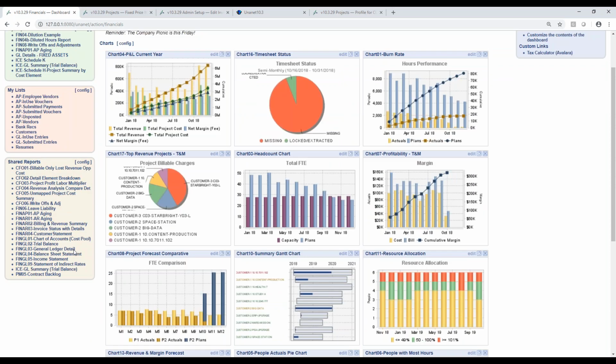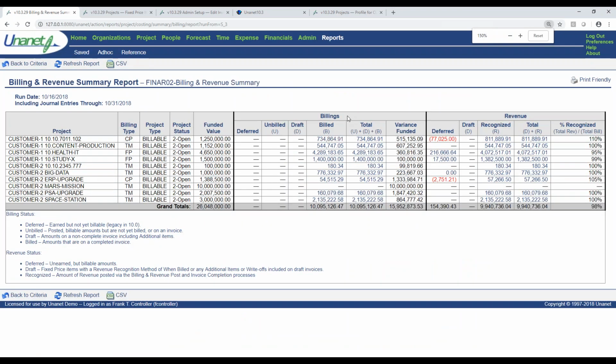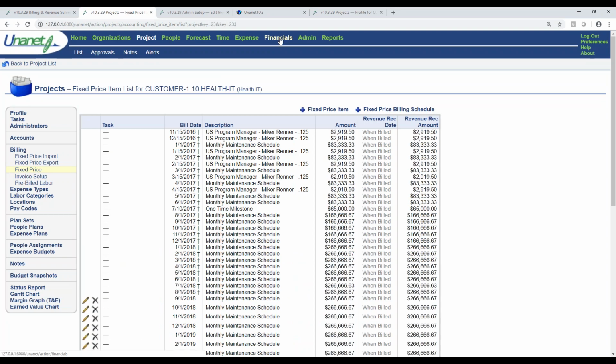The other report that I'd like to show as I'm demonstrating the invoicing capability is right here. This report's going to show everything that's been billed and how does that compare to everything that's been recognized. And on a T&M project, that's always going to be 100%. You're going to work the hours, and then you'll bill for the hours. But on a fixed price project, there may be a difference. There may be some deferred amounts where you're recognizing less or more based on the work that you've actually done. And so this might be different, and it'll allow you to keep track of it. It'll also, more importantly, allow you to keep track of any unbilled. So I'm going to keep this report up as we step through some of the billing processes here.